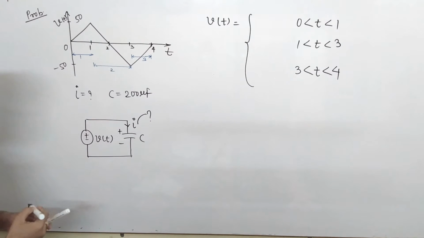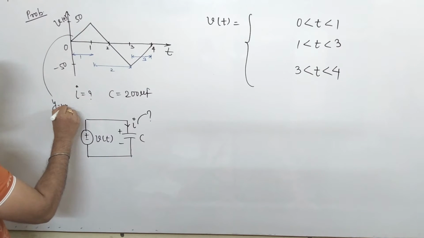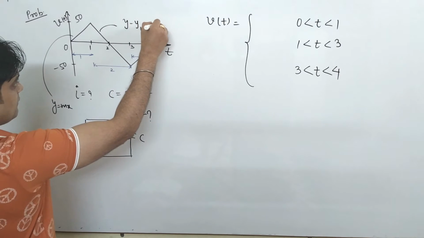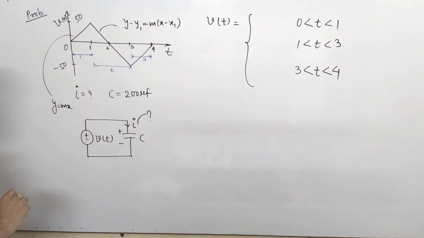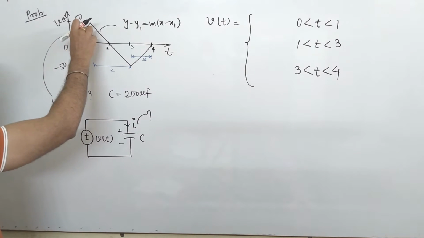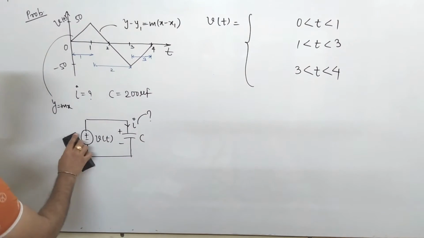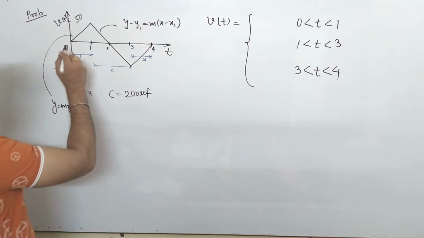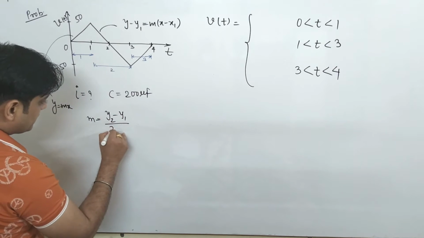So in mathematics you already know about it. Such type of equation is represented in the form of y equal to mx. If you have to find this type of equation, it is represented as y minus y1 equal to m times x minus x1. No need to explain further, I expect that you know about this, where m is your slope. So basically you have to find this slope and get the value. For here, if you find the slope, m is given by y2 minus y1 upon x2 minus x1.